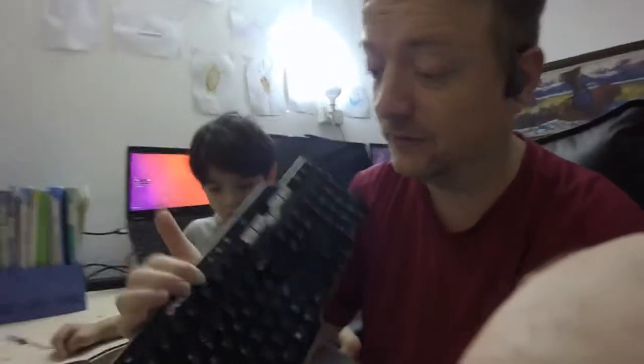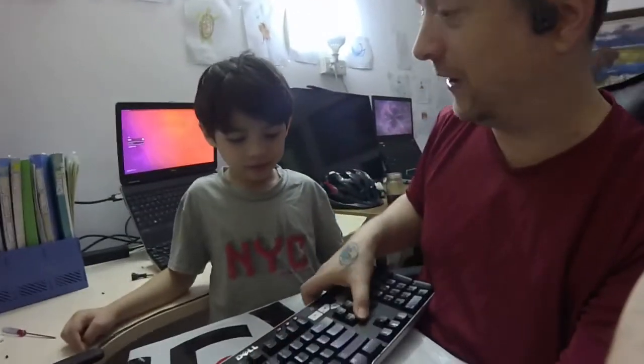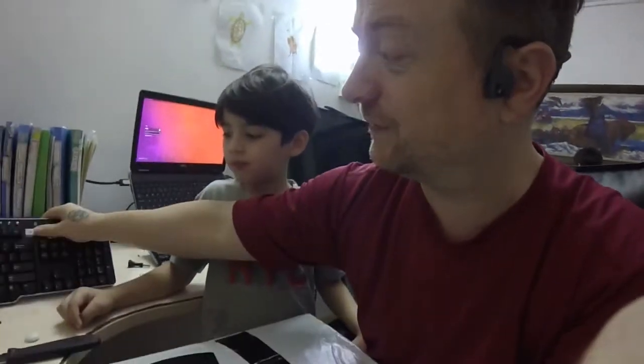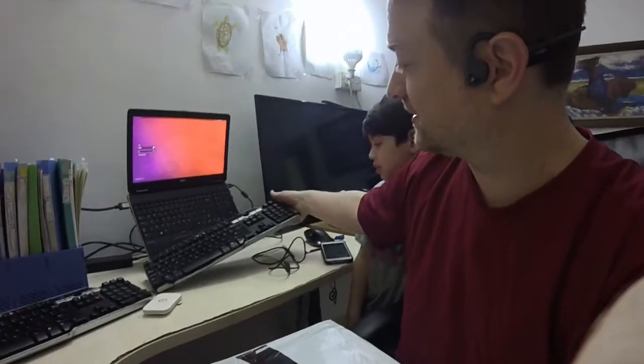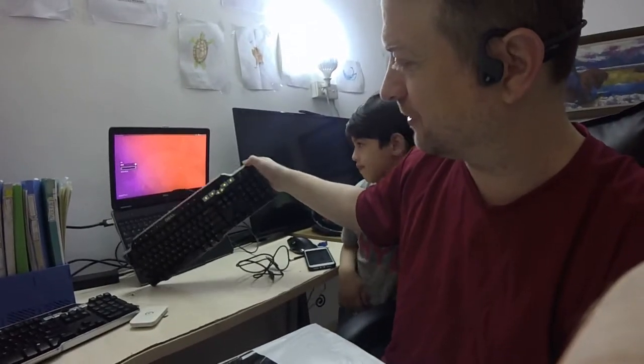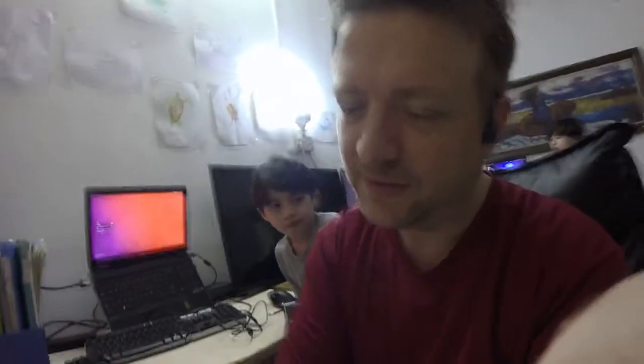They got a lot of travel. The keys are really big, and for a rubber dome keyboard, it's really my favorite. And it comes in a wired version. I actually have like 10. I've used one of these for like 6 or 7 years. They're lightweight. I packed them in my bags. This is the wired version of it. It's got USB ports in it. The volume bar is missing. My kids were using them. And that was before I